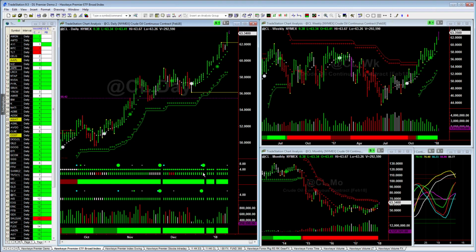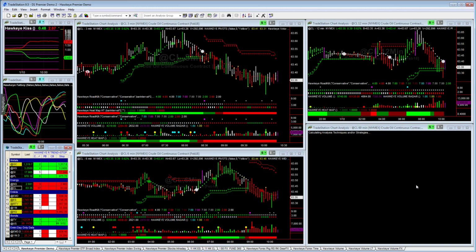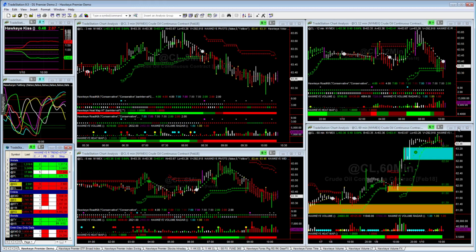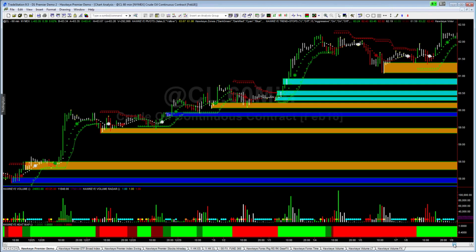So Hawkeye tools are here to help you to identify that, whether you're trading longer or shorter term. So because the daily is longer term long, when you're trading intraday, it just helps you to make those decisions even better. So looking back at crude oil, looking at the hourly chart, and then trading the daily chart relative to that, then you can see based upon the hourly charts all the way back into December that you can see